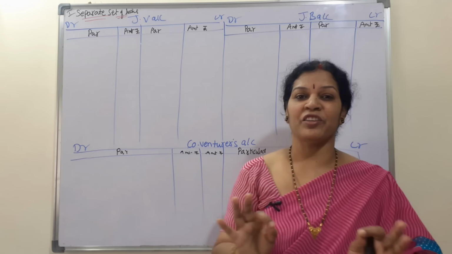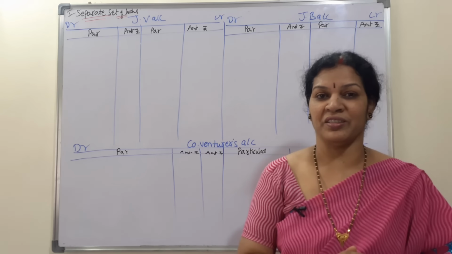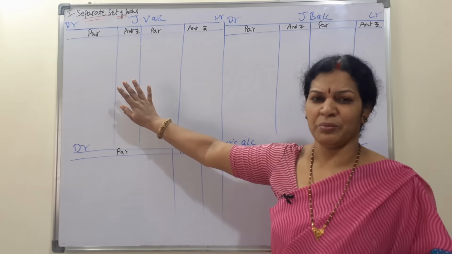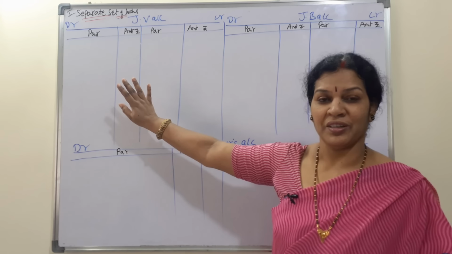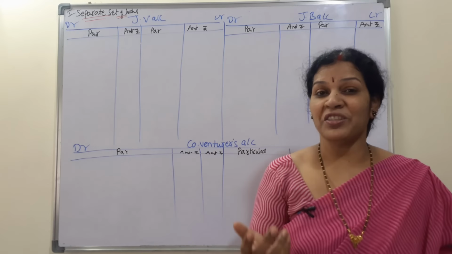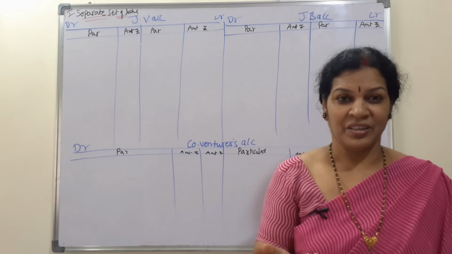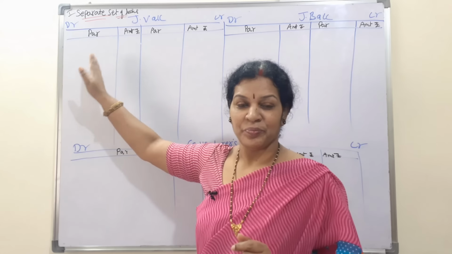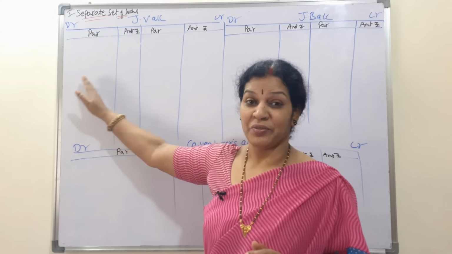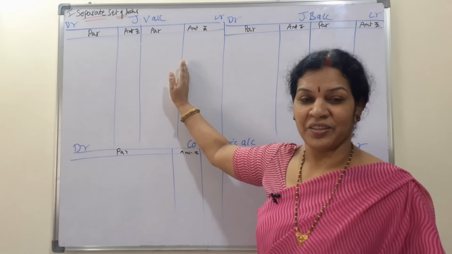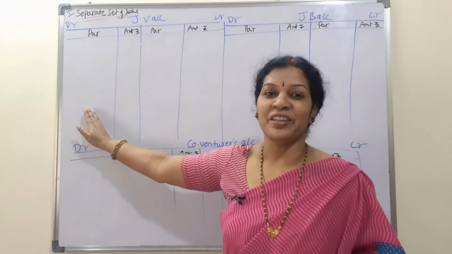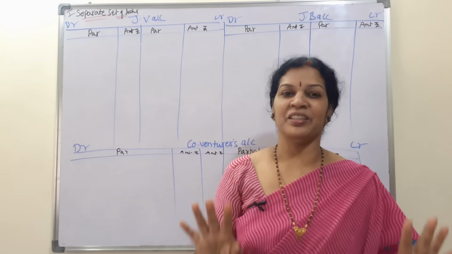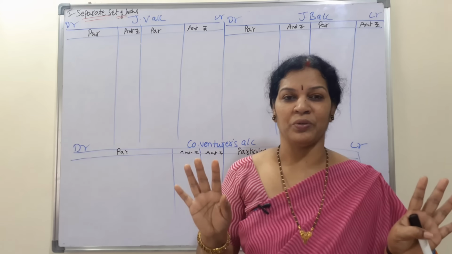In an easy way I'll explain, you can understand it very easily. Assume it is just like a consignment account. Generally when we purchase goods, in a trading account or consignment account, what do we do? We write it on the debit side. When you are purchasing goods, debit side. When you are selling goods, credit side. When any expenses are there, debit side. This is the same principle we are going to follow.